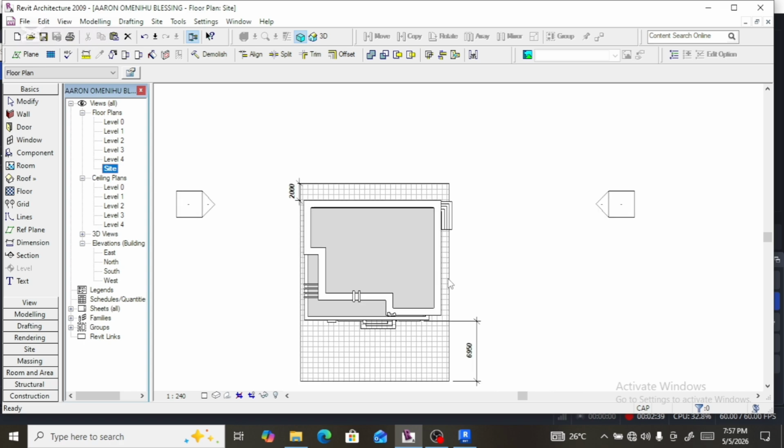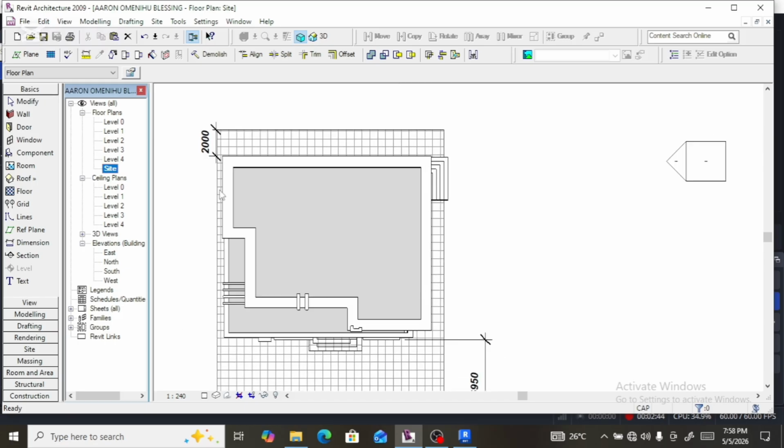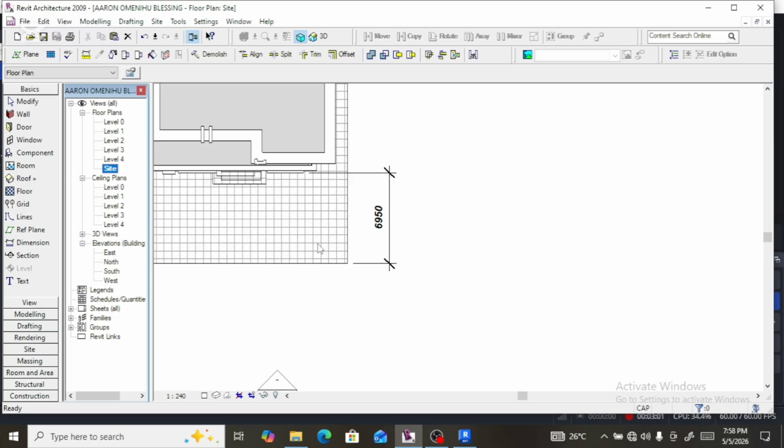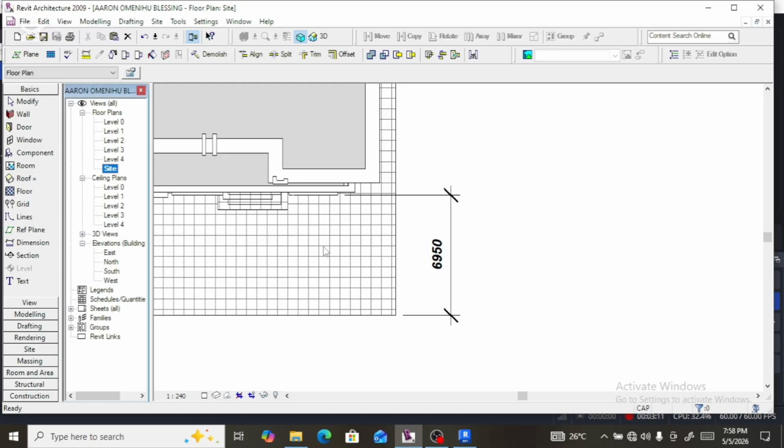Like you can see, the house didn't have much space. Even here, it doesn't have much space. There's a cantilever here upstairs. That is why it reduced space. But looking at the space between this wall here to this place, we're having 6.9 meters. And with this 6.9 meters, you're also going to consider